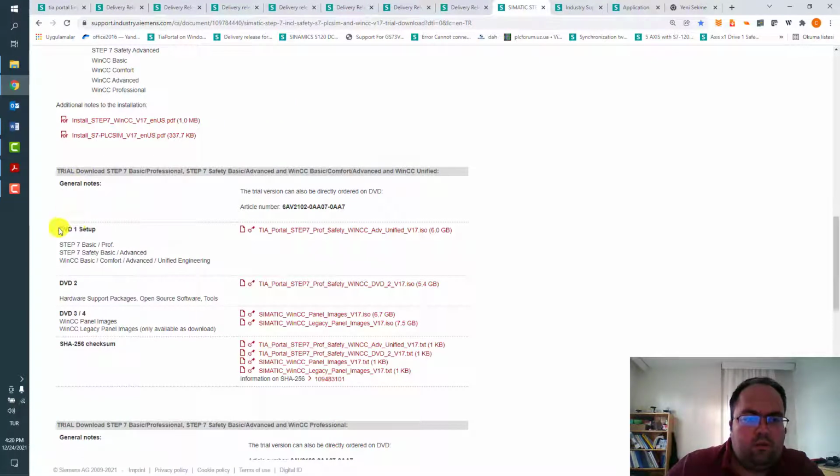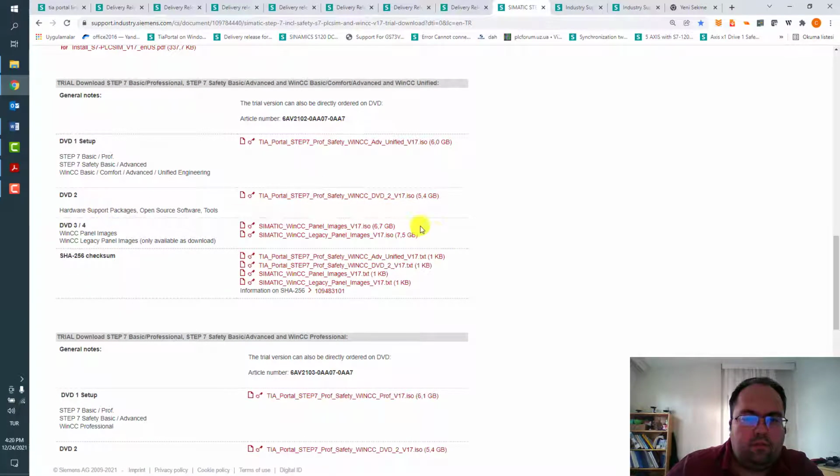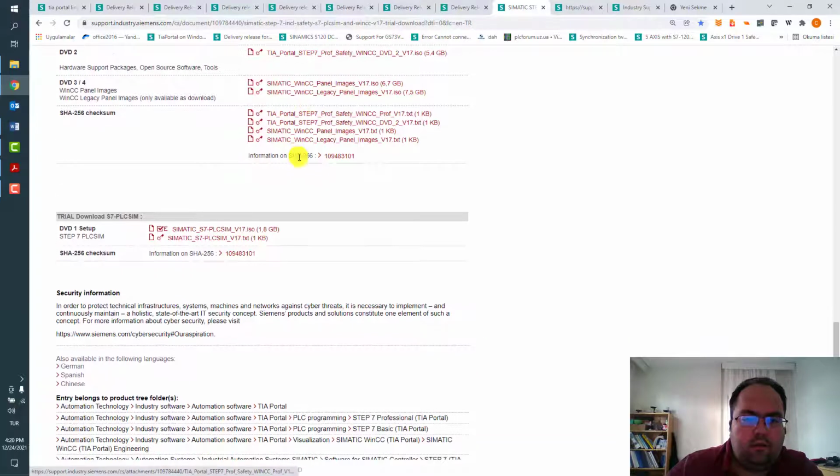You can download DVD setup files for STEP 7 and WinCC, and you need to log in first via a free username and password.